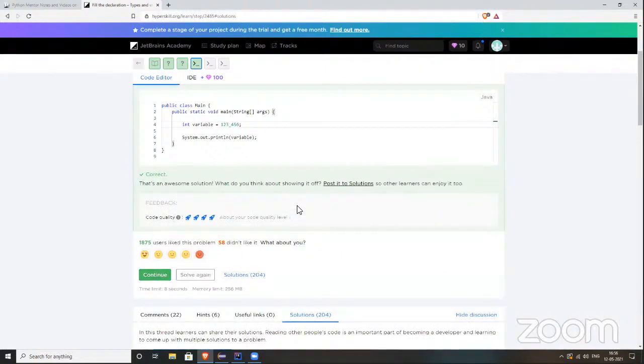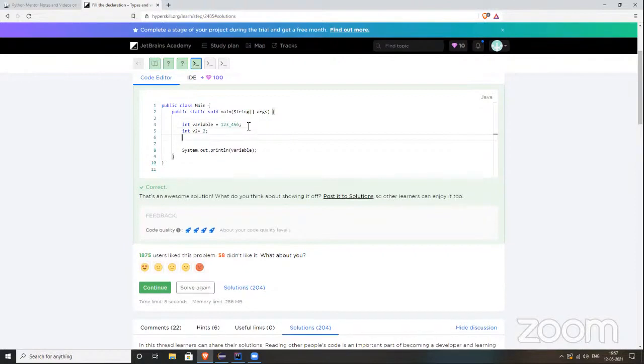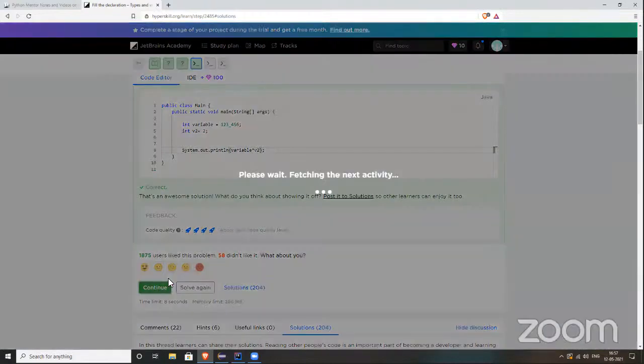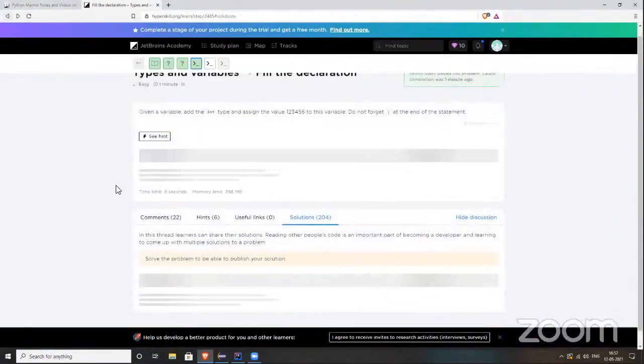Suppose you want to multiply this variable. Can you take another variable and multiply this variable with any value and check whether it is working? Take another variable, variable into 2, and check whether it is working or not. If it works, then we can accept it. You can directly take it here.